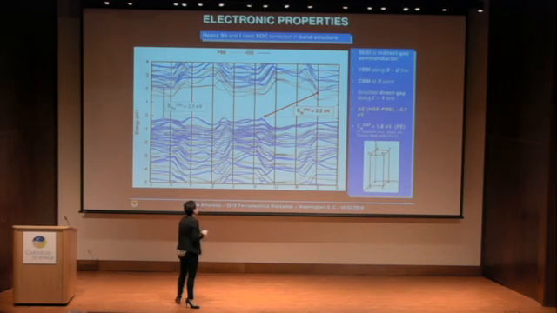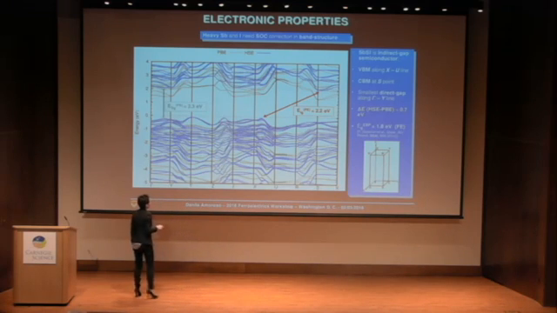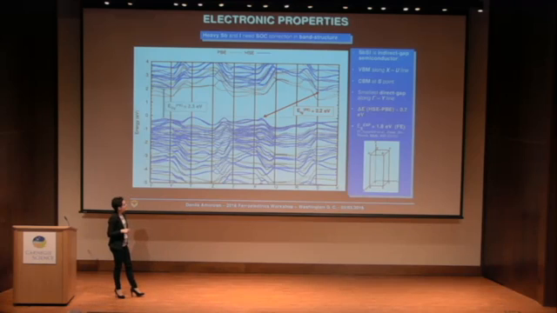The top of the valence band is located along the XU line in the Brillouin zone, whereas the bottom of the conduction band is located at the S point, and the value of the indirect gap amounts to 2.2 electron volt, whereas the lowest direct gap is located along the gamma Y direction, and it is